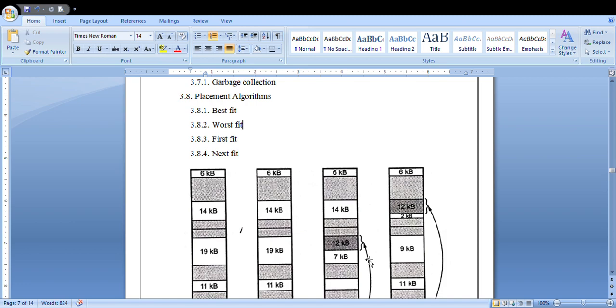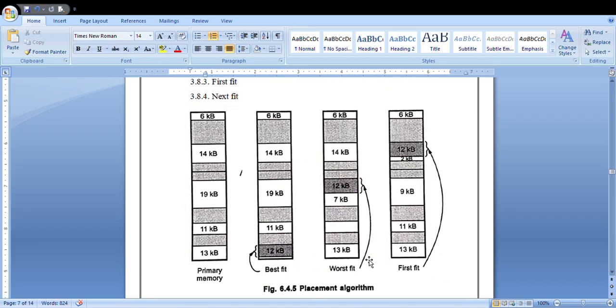Here you make use of placement algorithms. There are four types of placement algorithms: best fit, worst fit, first fit, and next fit. You can consider this example. This is the primary memory allocation.